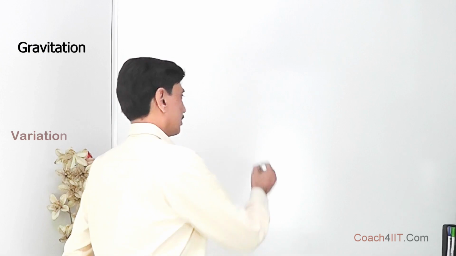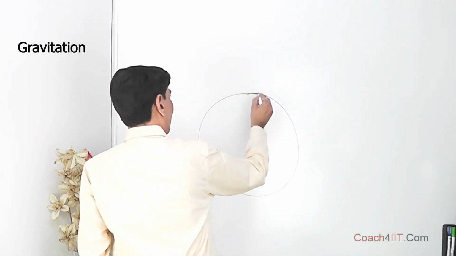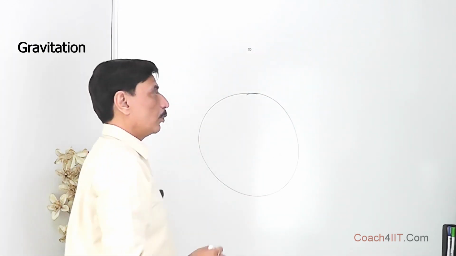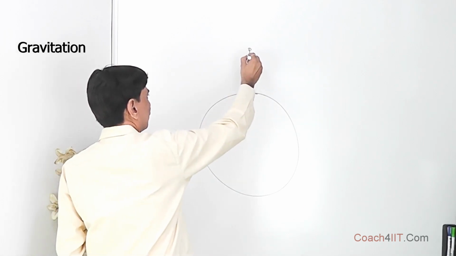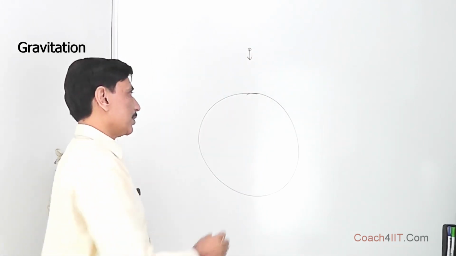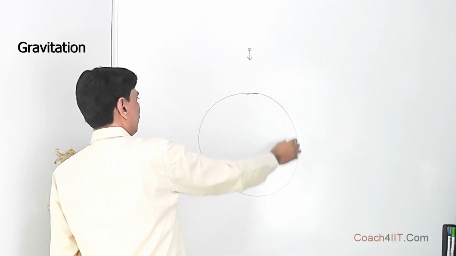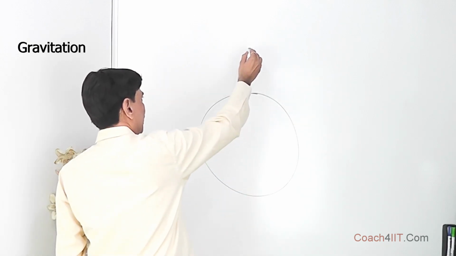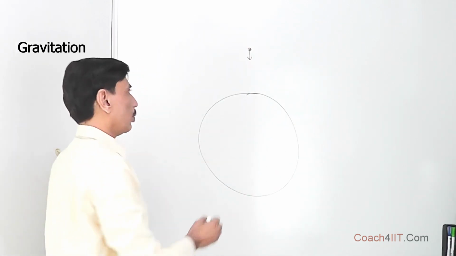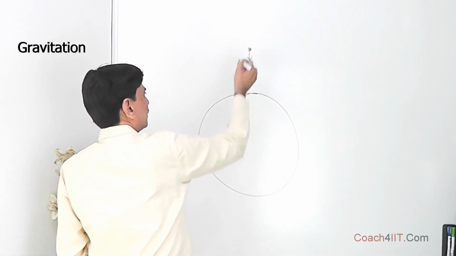Particles, we say there is a force of gravitation. Between Earth and Sun, we say there is a force of gravitation. But when we talk about the Earth, big Earth, and a small body over here, we say on this body there is a force of gravity. That is, one body is massive, very, very massive, like a planet, and over here there is a small body, so we say that there is a force of gravity which is acting on that.